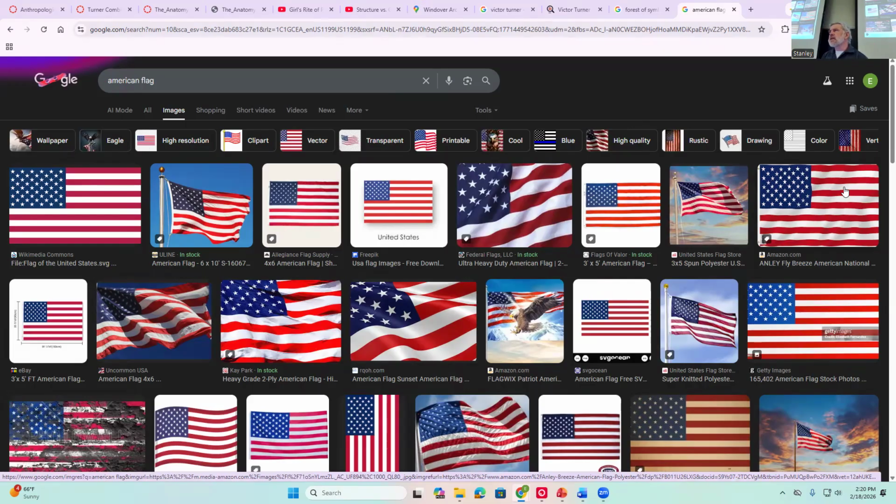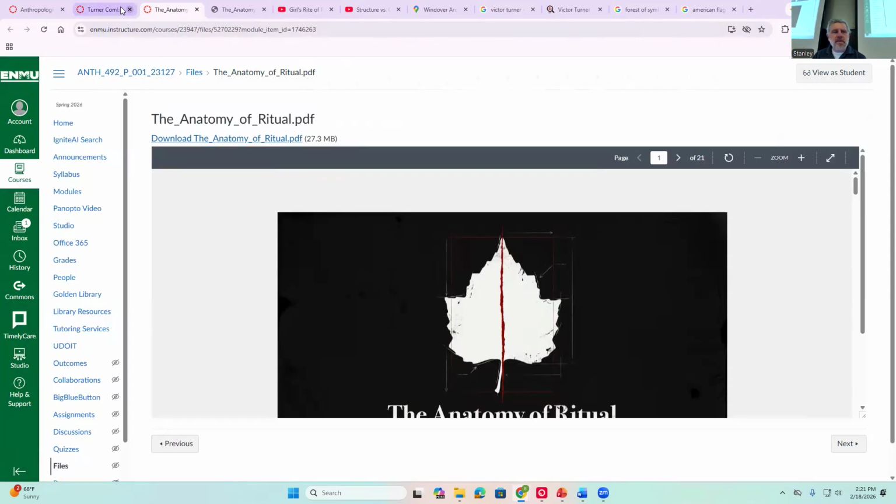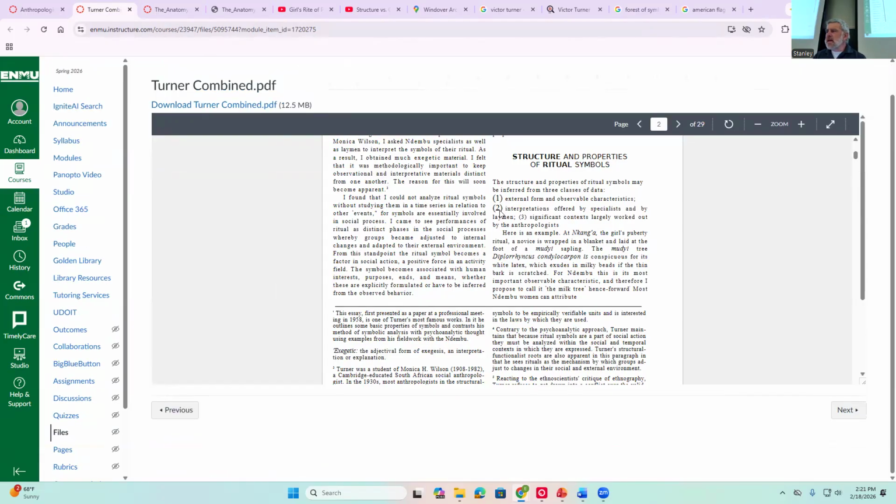And we can do this in another society. He talks about the tree called the milk tree, and he says it has this physical characteristic that if you cut it, white latex comes out. And with another tree, you cut it and red sap comes out. So there are these physical properties that we as anthropologists can see when we look at these symbols. So that's part one. He said, but that's not enough. Number two, we should ask people.